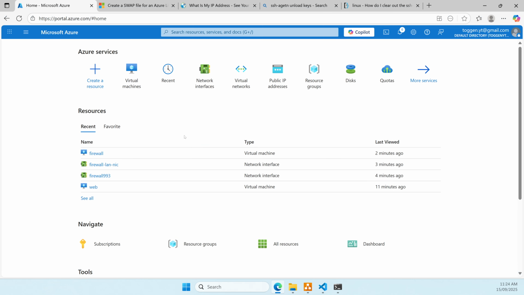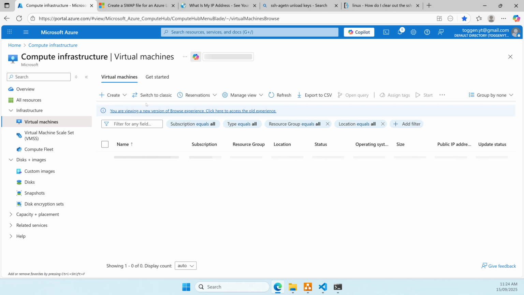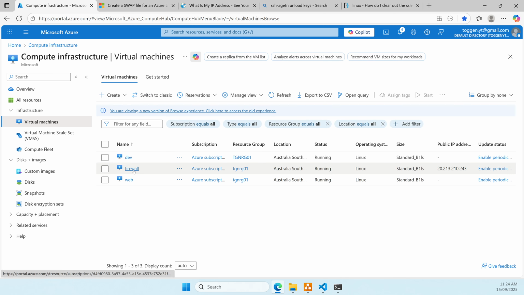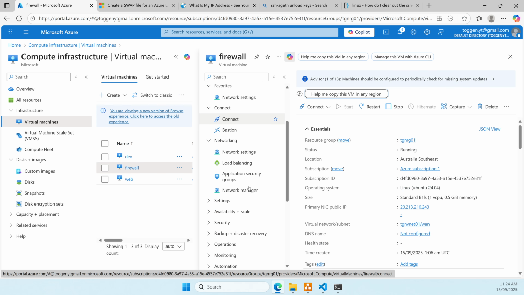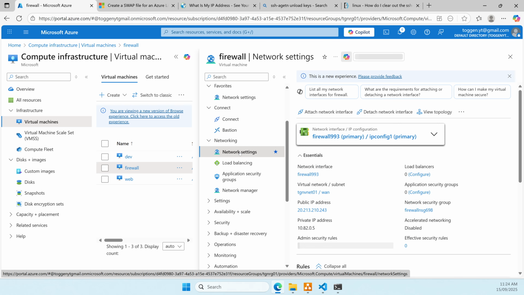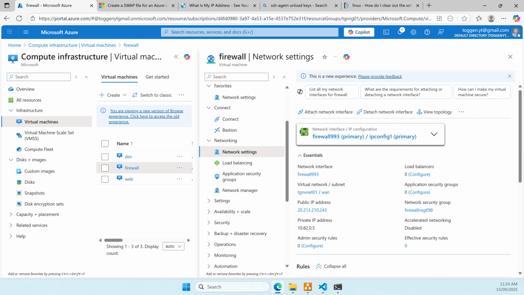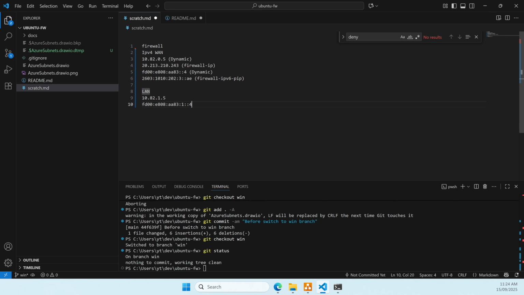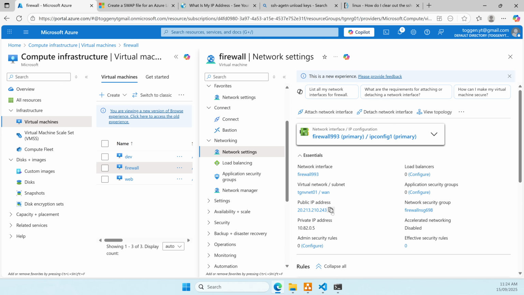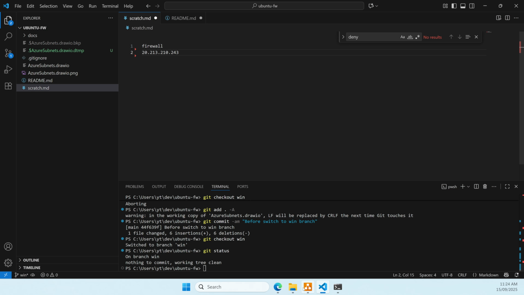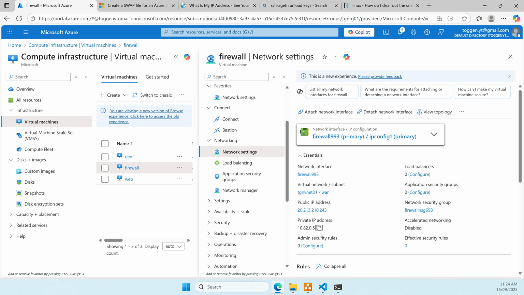So what we are going to start with is just confirm our settings for our firewall. Now in our firewall we have two network interfaces. One is in a WAN subnet and the other one is in a LAN subnet. But it helps as you start to configure things if we just make some notes. So what I'd like to do is just make a note of the IP addresses for the WAN addresses,